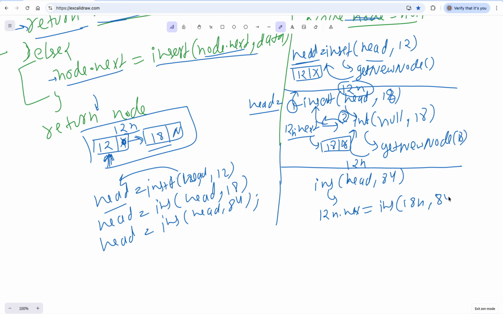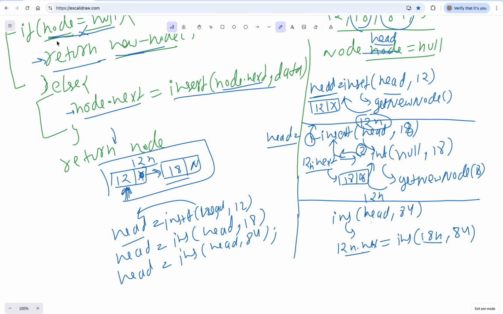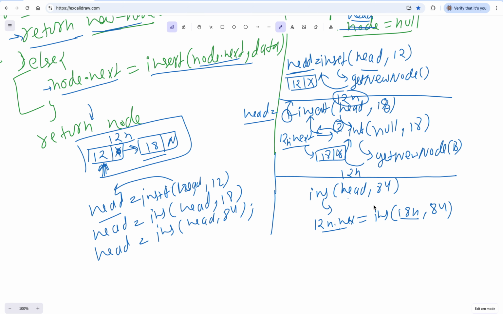Then we want 84, so this will be the second call. Then after that, now 18 node came, so still it is not null, so the null condition didn't happen. Now it will be coming here again, so your 18 node dot next will now be the insertion. Now 18 node dot next is null actually, so here it will be null passing and then 84.